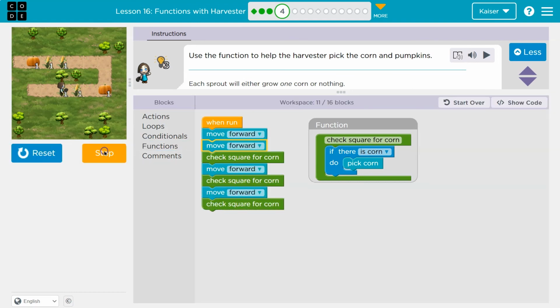Okay, moved 1. Now what? Move again. Now I hit check for corn. The computer says, what the heck is that? Smack. Oh, they must mean this function because we said its name. It then runs and says, if there is corn, I am on corn, so this will be true, and I do pick it. Great. Hit the bottom of my function, go back, return to where we were, which was here,